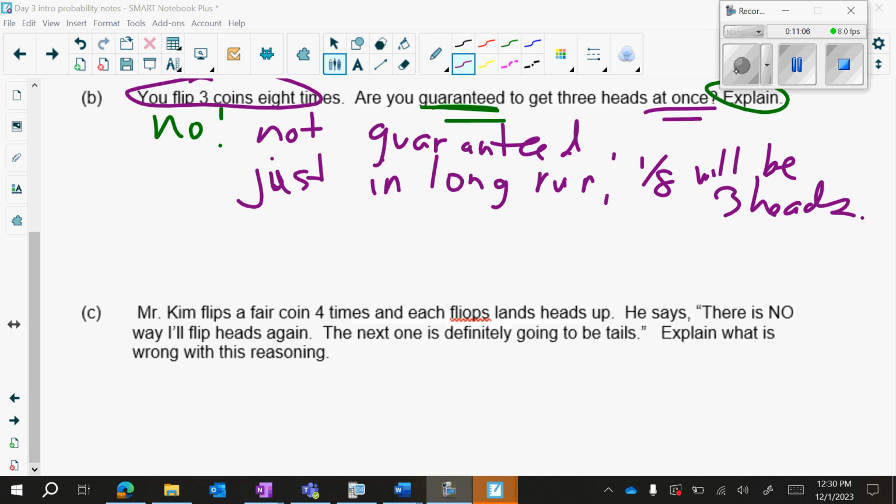So I'm hoping that you are kind of understanding the concept that coins are actually independent of each other. And it doesn't really matter if you get, in this case, 4 heads in a row. You could possibly get another tail in the short run, but in the long run, if he did this more than 4 times or 5 times, if he did it infinite times, then he should not be getting heads in a row all the time.